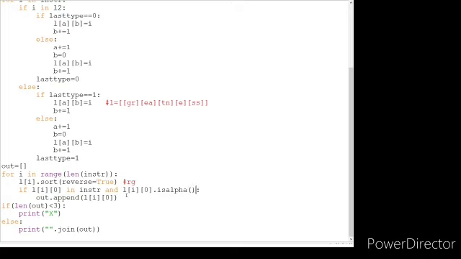We are adding this condition to avoid blank spaces. If we don't add this condition, then blank spaces will be appended to the output string. So with this condition, R will be appended to out.